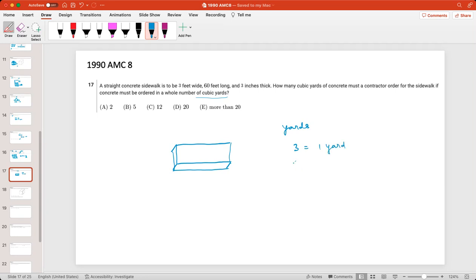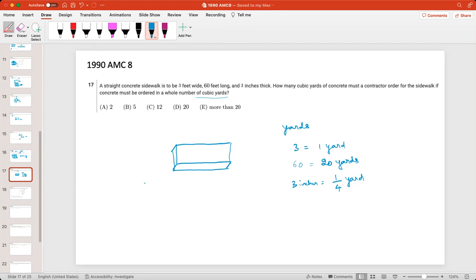And then 60 feet is going to make 20 yards. And then we have 3 inches. So in a feet, there are 12 inches, correct? So in 1 yard, if it's 3 inches, it will be 1 by 4th of a yard,